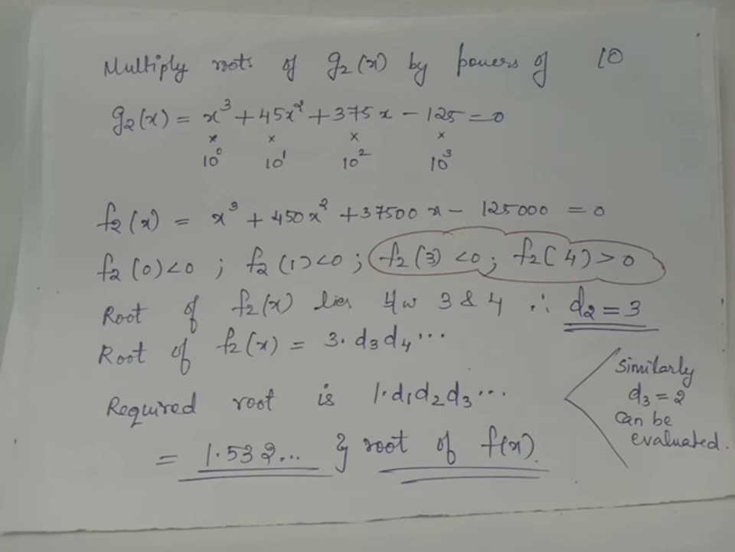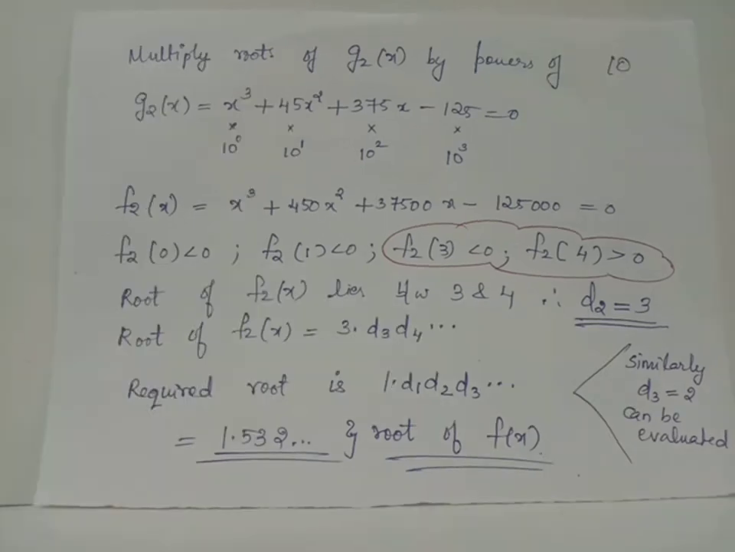In our question, we were asked to find out only till 2 digits after the decimal point. Hence, having found d1 and d2, we can end the process here. But if you continue the same process, you will get d3 equals 2. For that, we have to diminish the root of f2 of x by 3. That is, we will perform